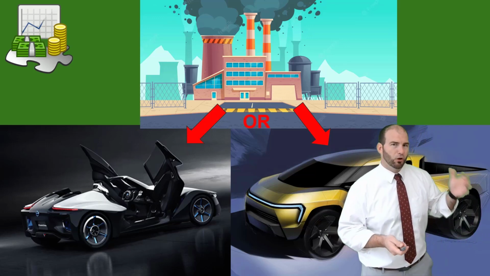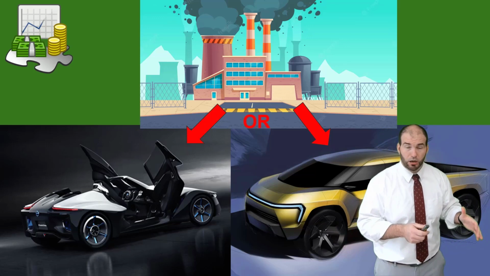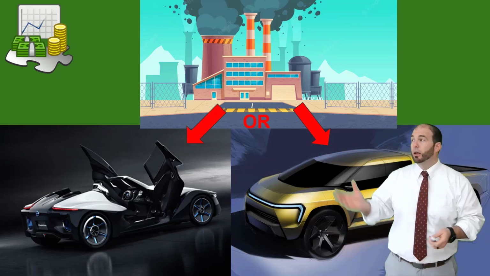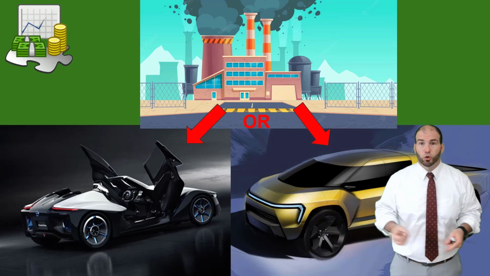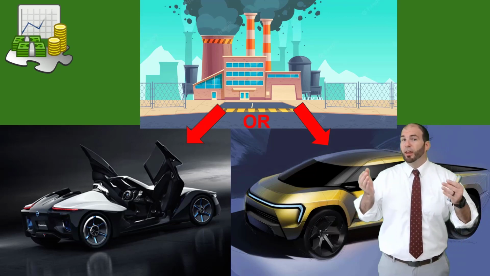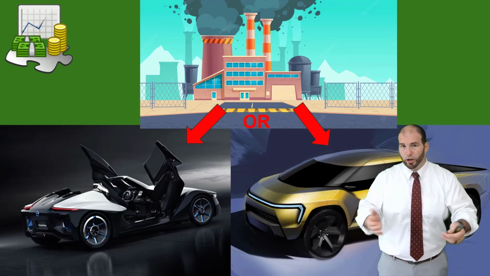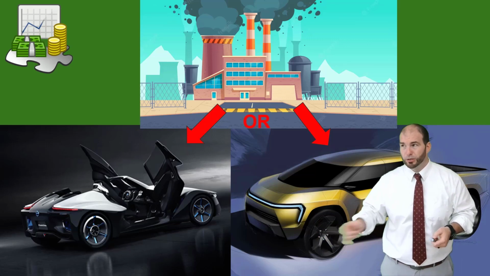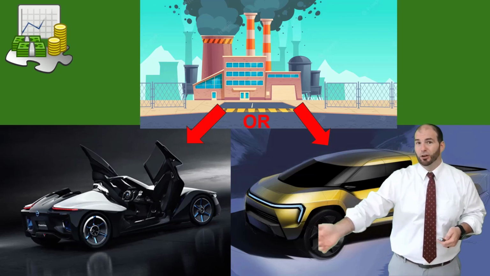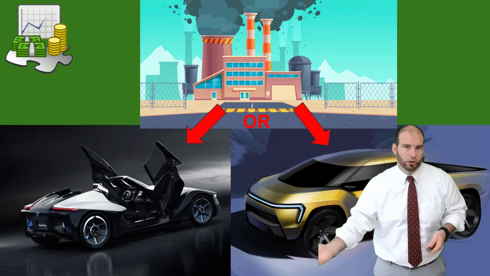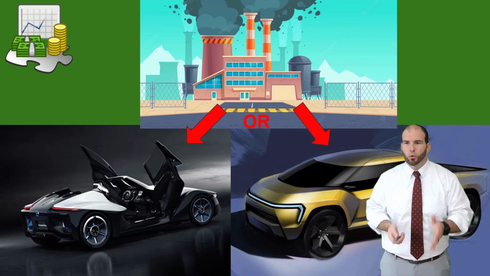And if they pick the car, the opportunity cost, the choice they didn't take, is going to be the truck. Because sure, they can make money off of both of them, but when they only have the ability to pick one, the one they don't choose, that's the cost that they're giving up. It costs them an opportunity.